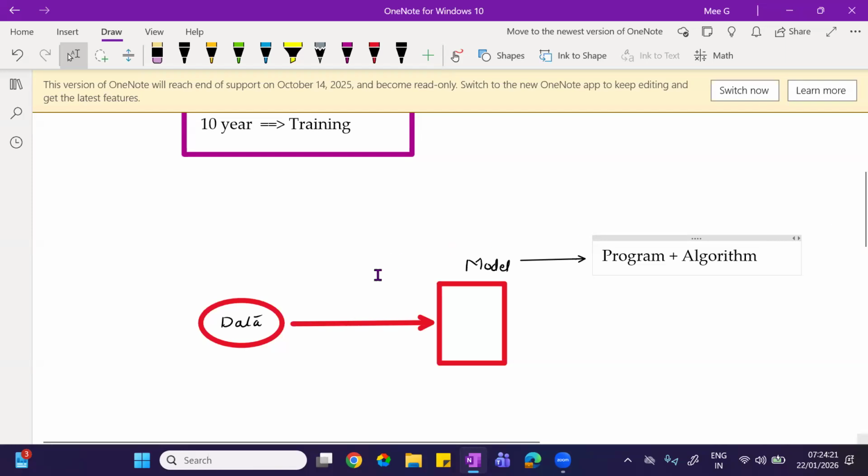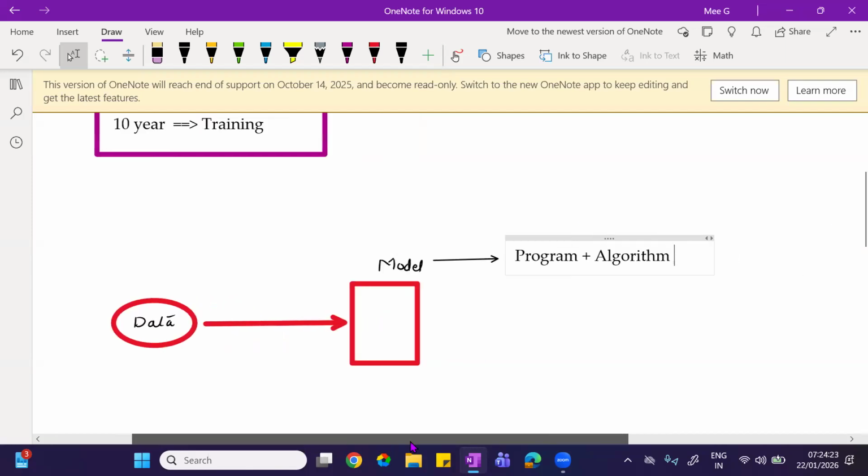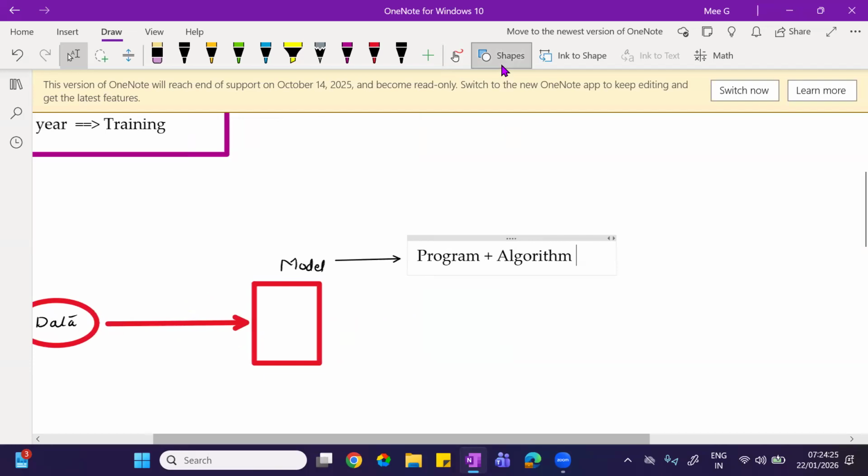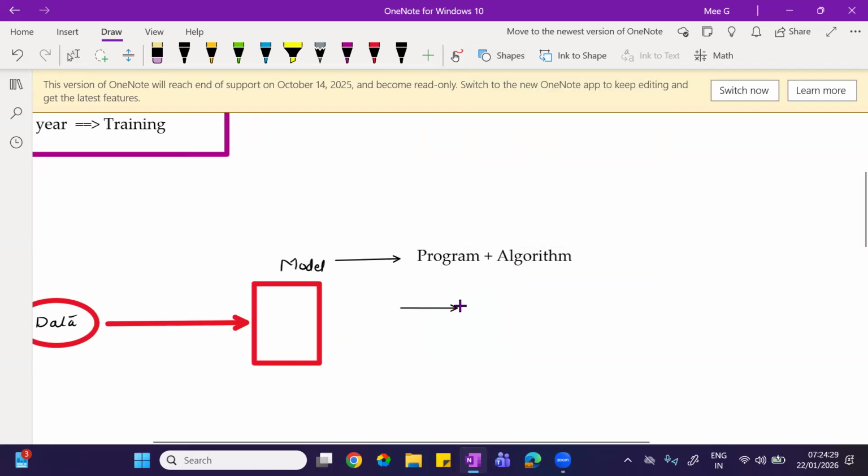Now, in our case, how will this algorithm work? See, actually, we have the maths, right? In maths, we deal with the numbers based on formulas.